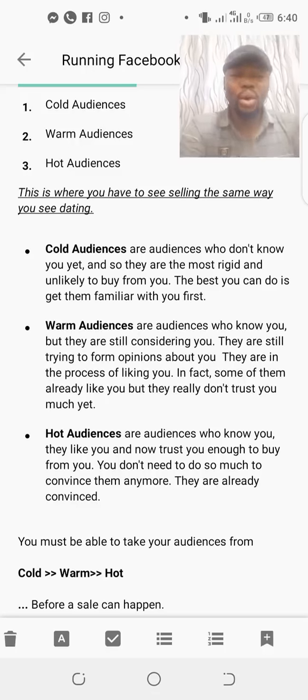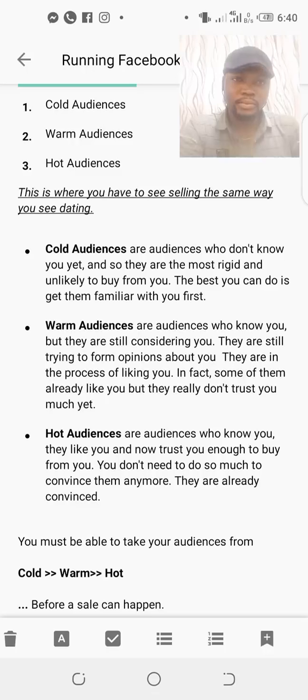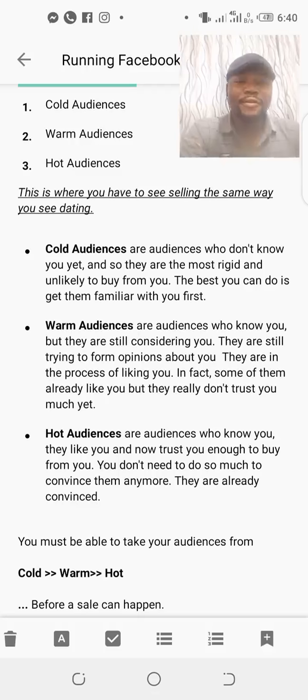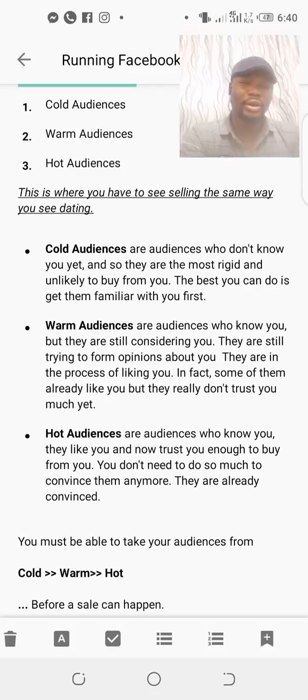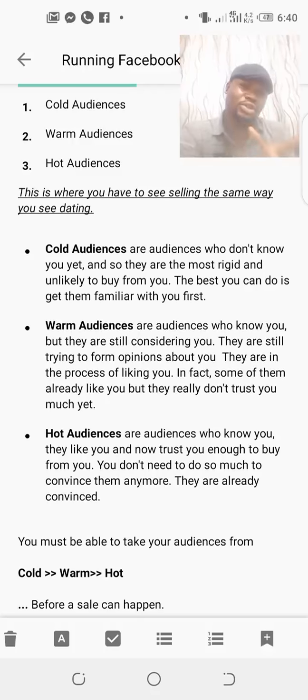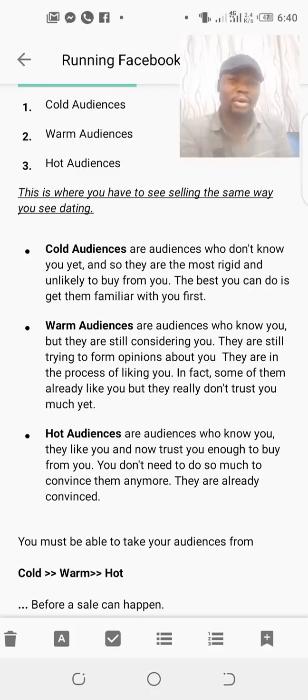Then the next one, warm audiences. These are audiences who know you, but they are still considering you. They are still trying to form opinions about you. They are in the process of liking you. In fact, some of them already like you, but they really don't trust you much yet. So they are still finding out information about you. They want to see if they can trust you, if they can commit some money into your hands,